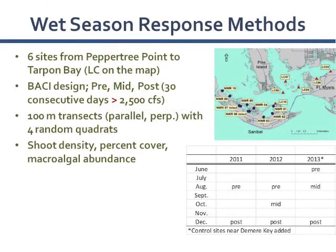So in order to go about doing this, as I mentioned before, we added these red locations, and we did a modified BACI, which is kind of a before-after control-impact study design. And we went out before 30 consecutive days of 2,500 CFS. It was kind of right at the beginning. We went out in the middle of the wet season after